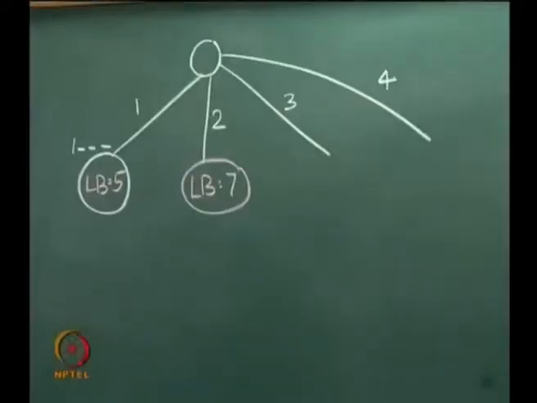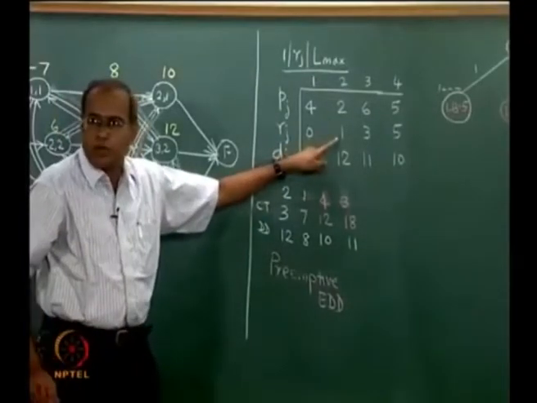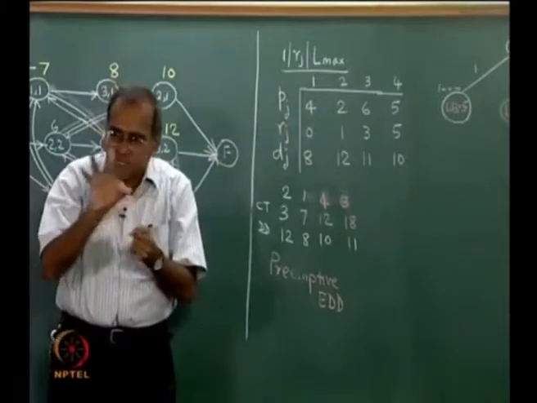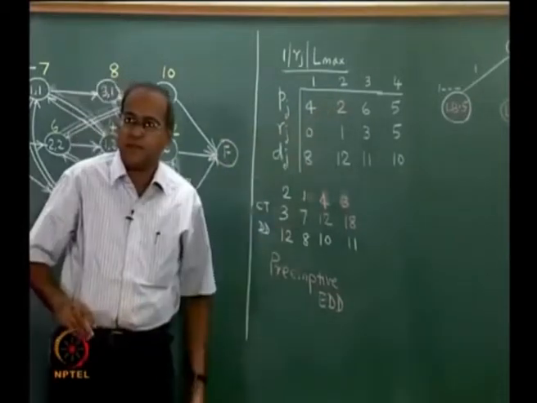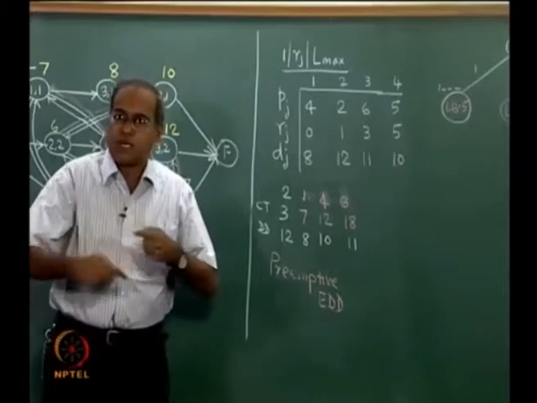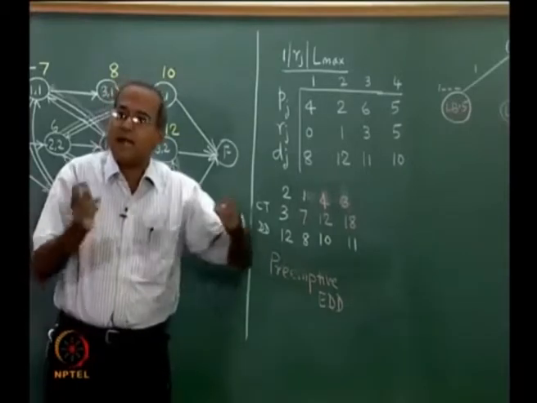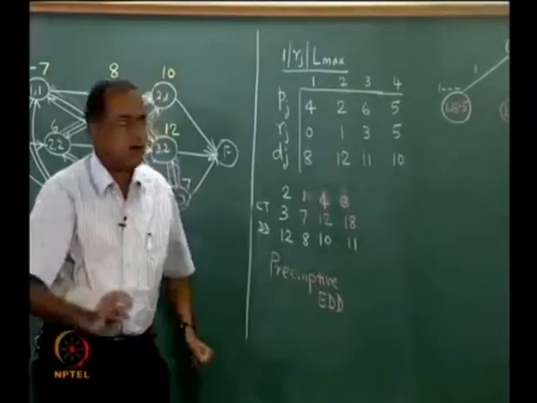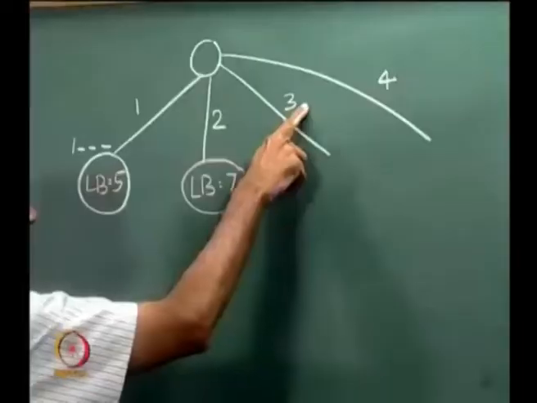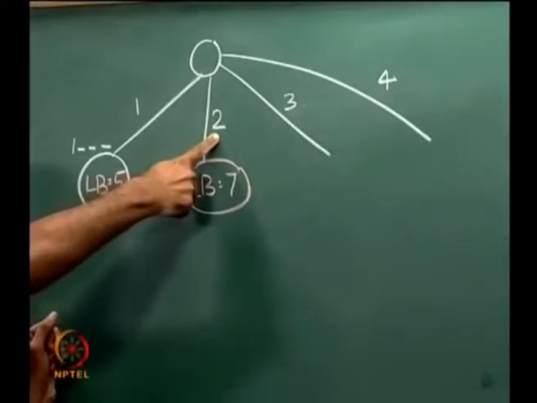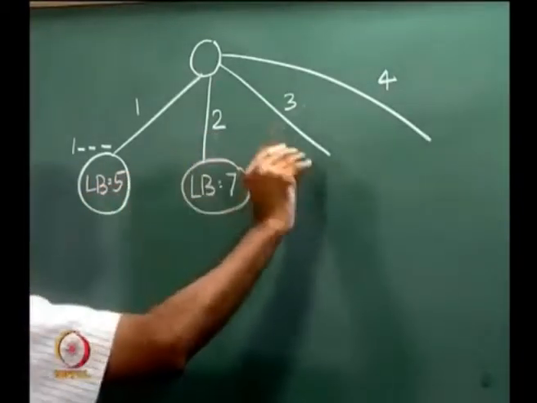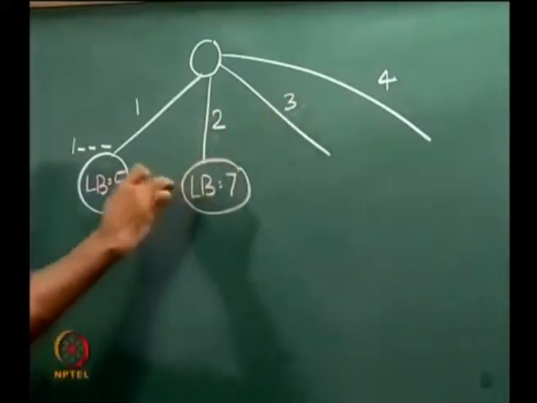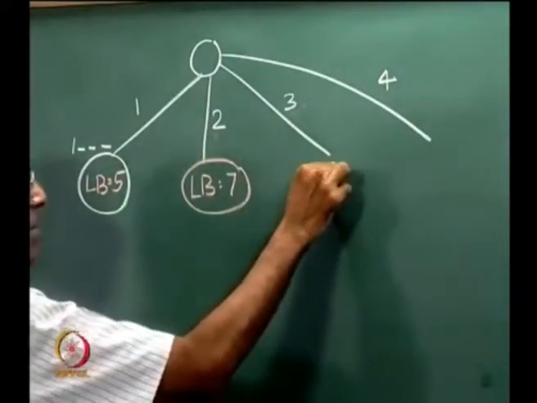But common sense tells me that in those 3 minutes I can finish 2, because 2 starts at 1 and finishes at 3. So if there is a job like J3 whose start is going to be delayed, and in that delay if I can finish some other job completely, then the lower bound here will always be more than the lower bound here. So I do not calculate this at the moment, I simply keep this vacant because this is enough for me. So I do not do this.